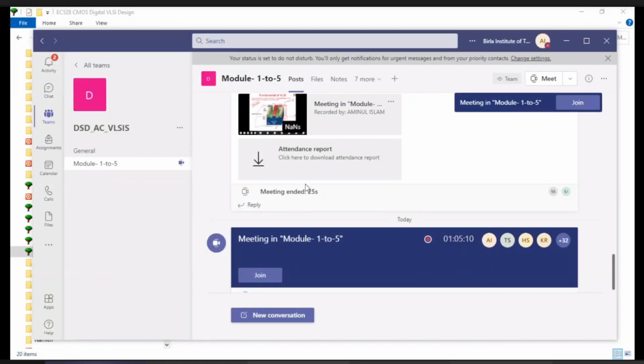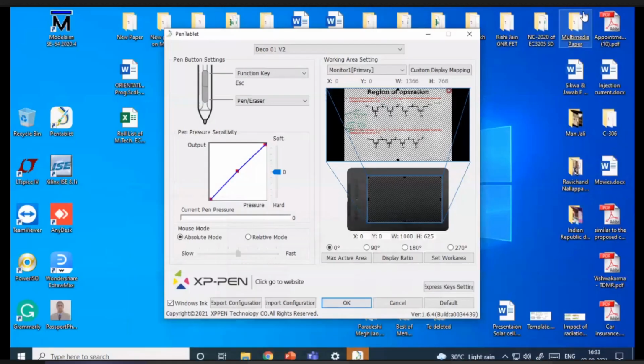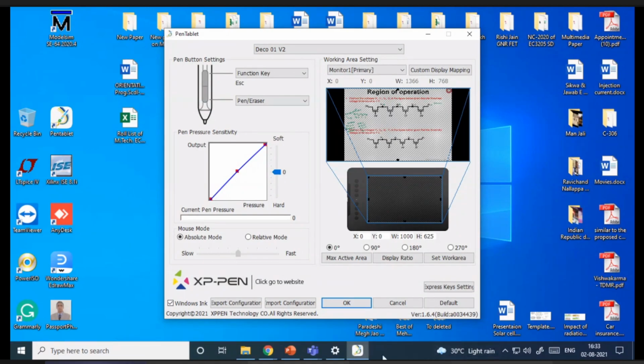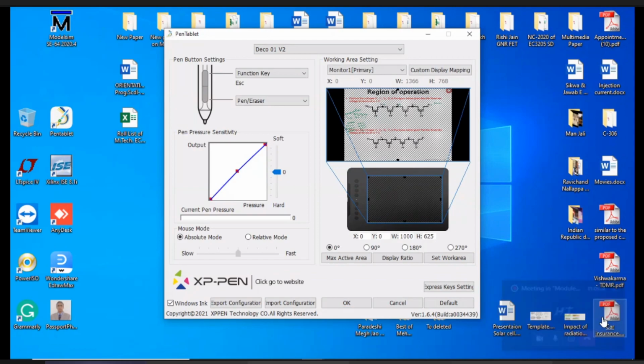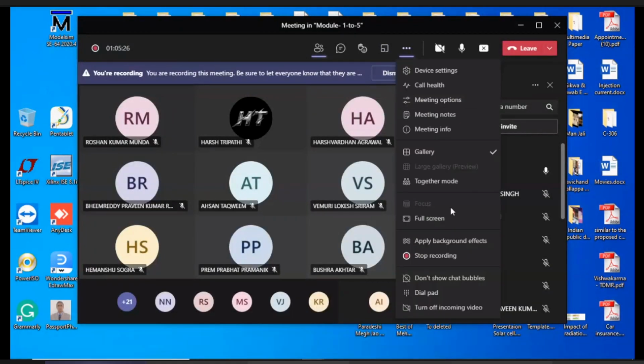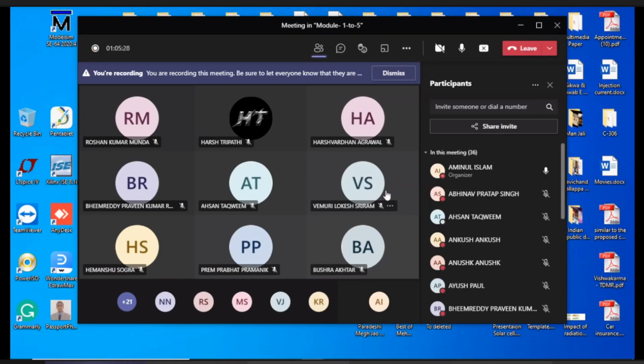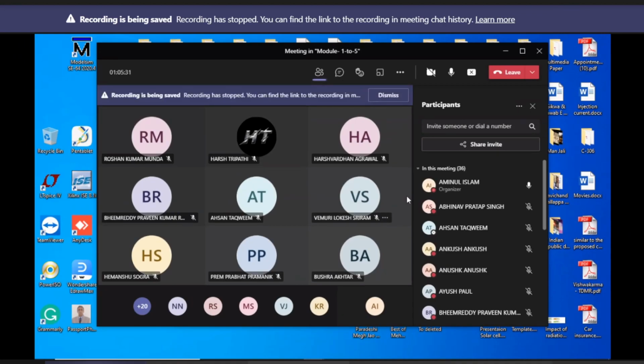You are in the VLSI domain, and possibly a few of you are taking it as a specialization. So there'll be no mercy on you, because you are expected to have very good knowledge in this domain. Very basic things. I'm not teaching anything very tough. Very basic things I am discussing. Okay, then we'll leave the class. You attend other classes.